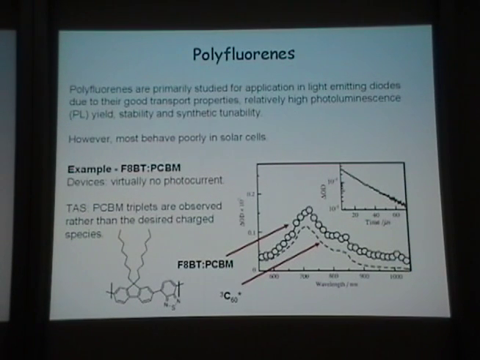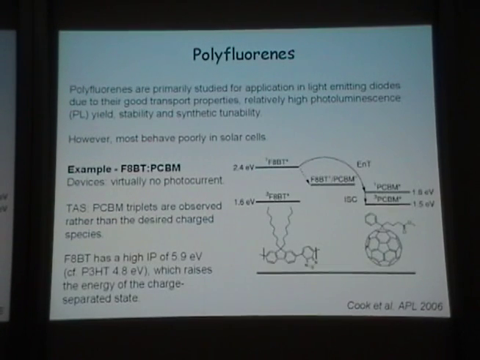So Transient Absorption Spectroscopy, TAS, was performed on this system to try and investigate the reason why. So essentially what you get, instead of the desired free charge carriers, is you get PCBM triplets. So this was observed as a band in the transient spectrum at just after 700 nanometers, and as a mono-exponential oxygen-sensitive decay. So the reason for this behaviour is that F8BT has a really high ionisation potential, 5.9 electron volts,